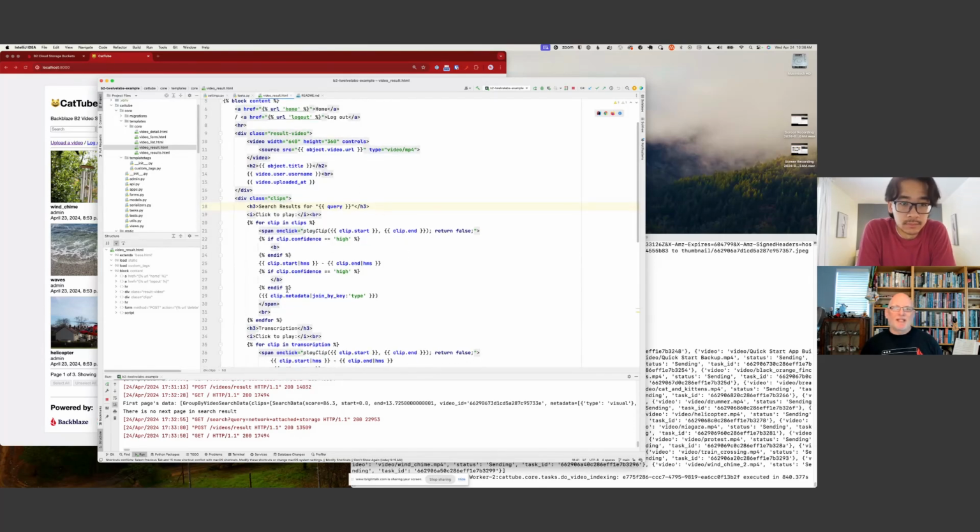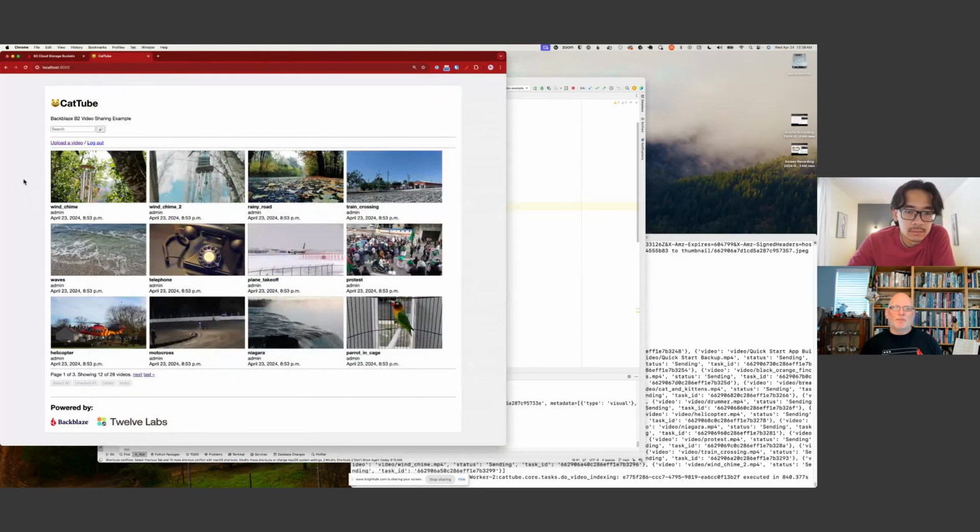What's happening here is this is HTML that's dynamically rendered by Django. So on the server side, it's looping through the list of clips and creating the text with that start and end time. And if it's a high confidence, it's going to bold the result. So really very, very little code to essentially build a simple media asset manager in a few days. It's quite incredible.